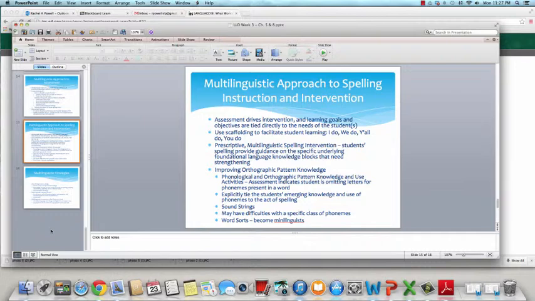And so you have it on the strings, and you sound out the word for each sound, and the student has to take the string and the beads and match a letter for every bead that they see. So they may have difficulties with a specific class of phonemes. If you identify a certain class, such as,